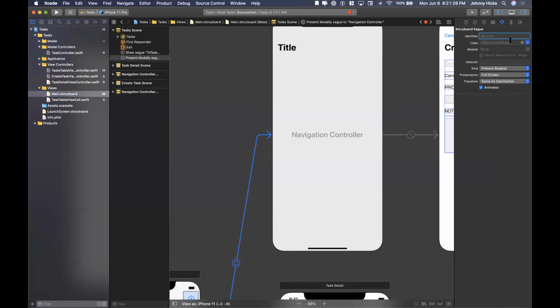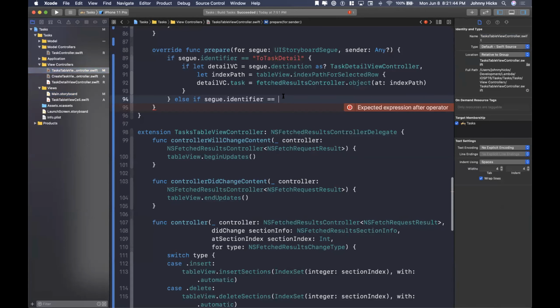It doesn't have one. Let's go ahead and set it. Let's just call this create task modal segue, or whatever you guys want to call it. So if the identifier is equal to our create task modal segue,